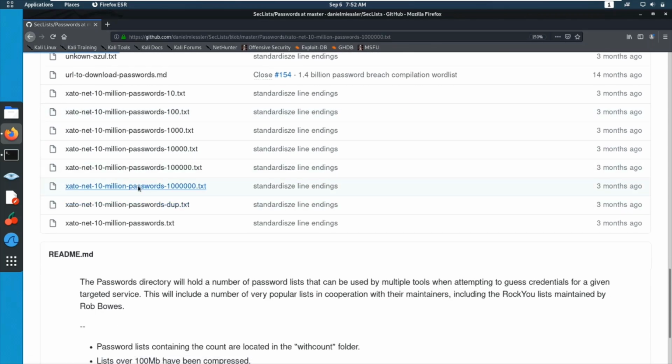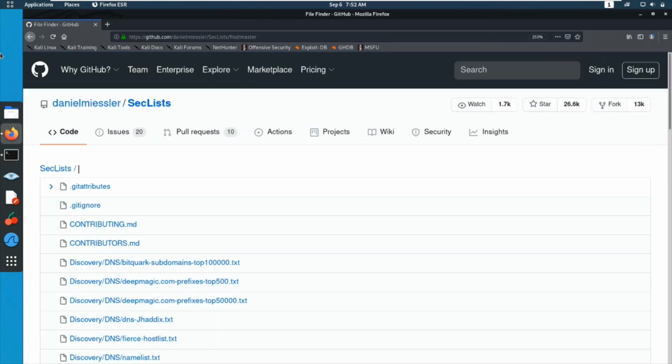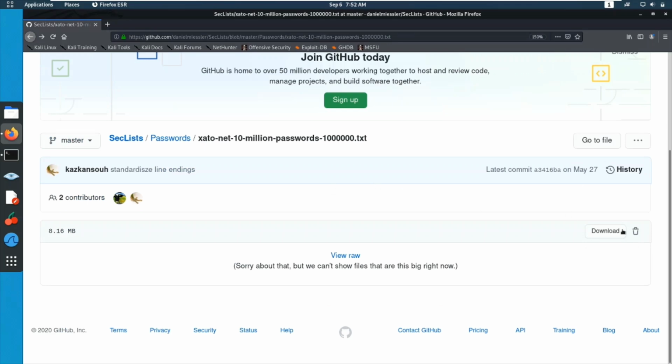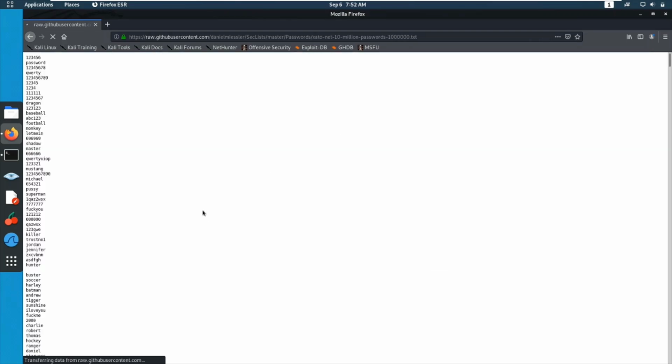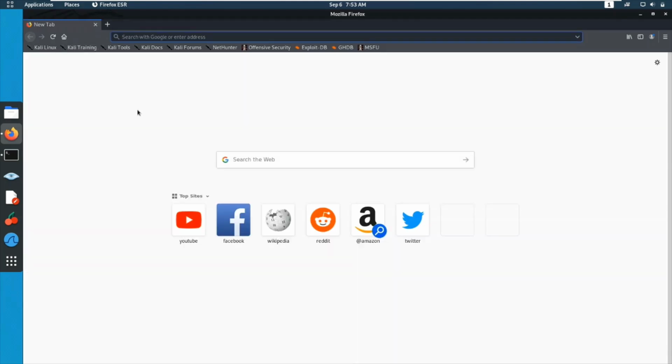You can simply click on this, and click on Viewer. You can simply copy all this stuff and paste it in your file. So guys, that's everything regarding word lists, and you can make use of SecLists as well, but don't assume SecLists will always work, because the user might not be using those passwords all the time.